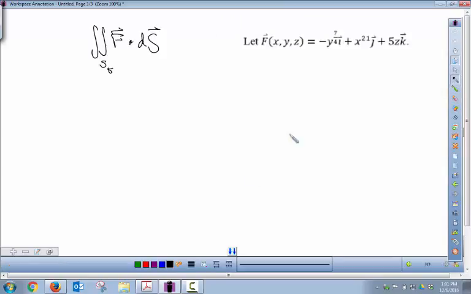And we want the surface to be the disk of radius 4 that has a z component of -1. So there's a couple ways to do this. We can jump in and make this polar right away, or we can use x and y and then use the domain. I think if we use x and y like we've been using,